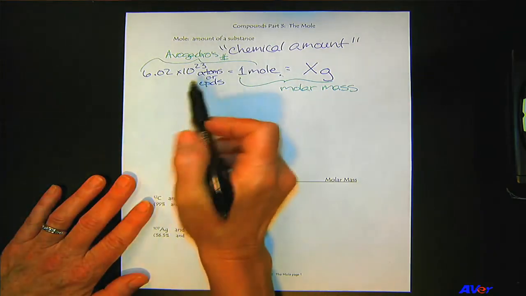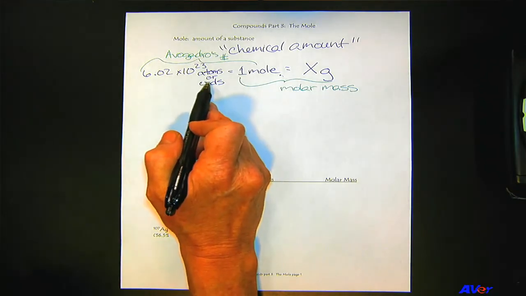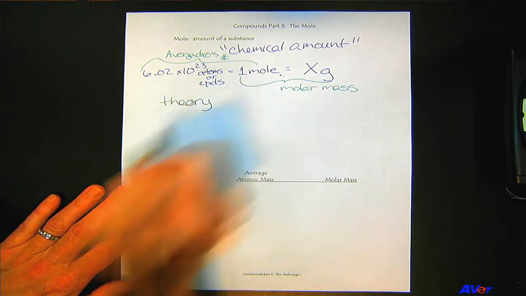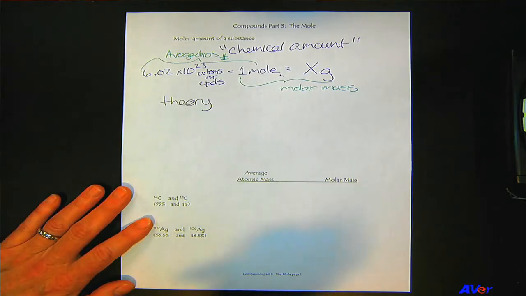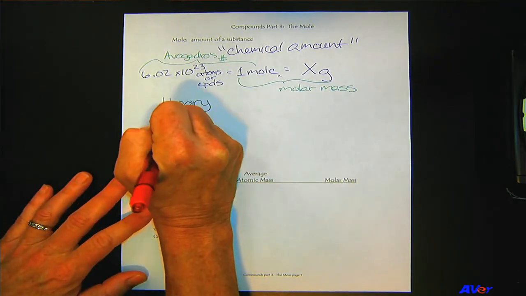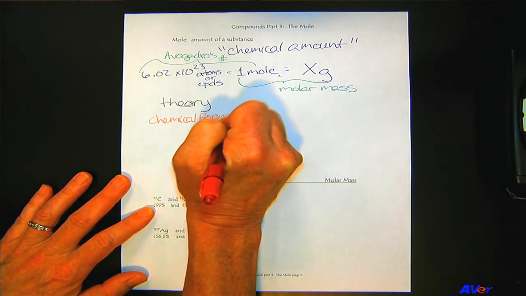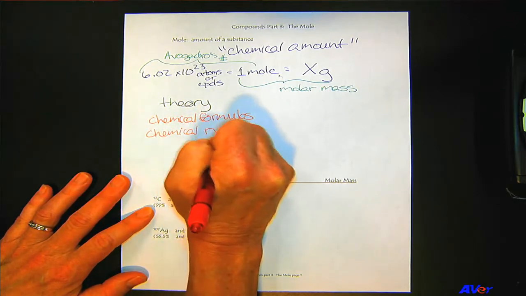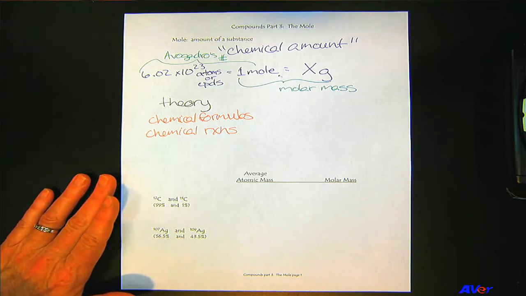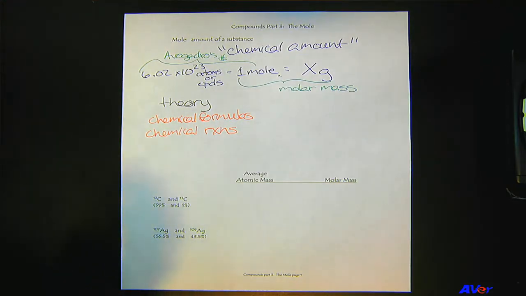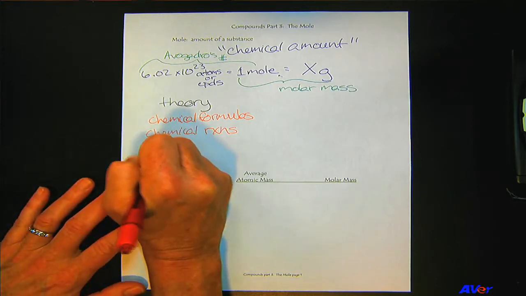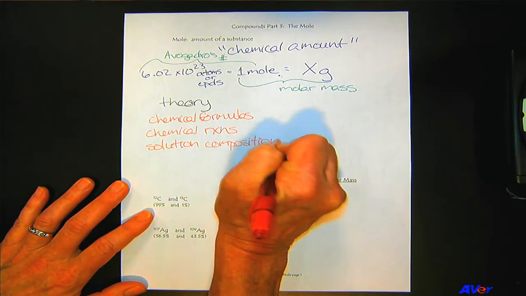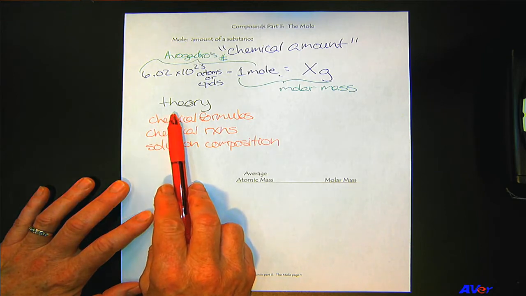Now, when we're thinking about Avogadro's number and the number of atoms or the number of compounds, this is more of a theoretical perception. This is where we're thinking about a chemical formula, or we're going to work our way up to chemical reactions. You know, there's going to be millions and millions of atoms or compounds, but we're going to think about just one or two at a time. That's what our brain can do. Or solution composition. What exactly is floating around in that solution? So these are theoretical ideas that will drive our work,